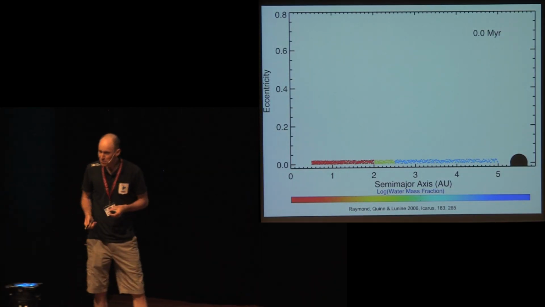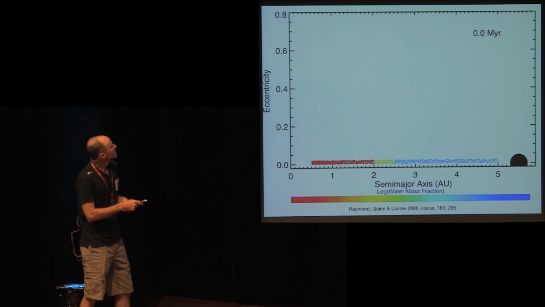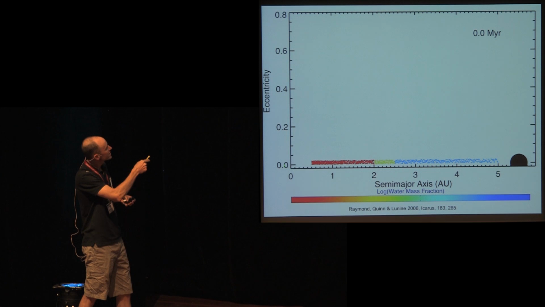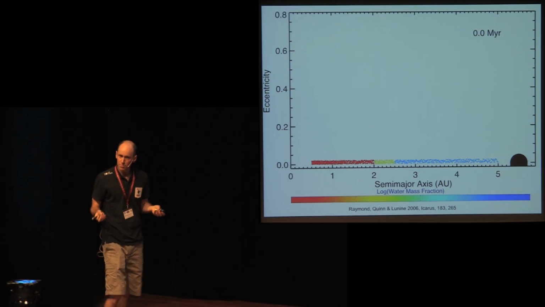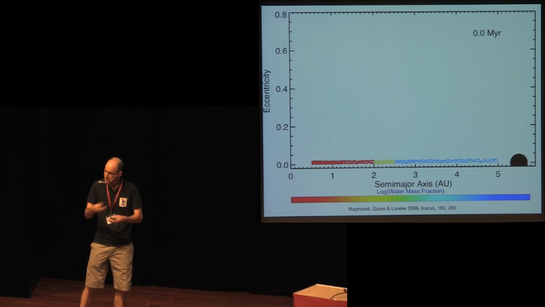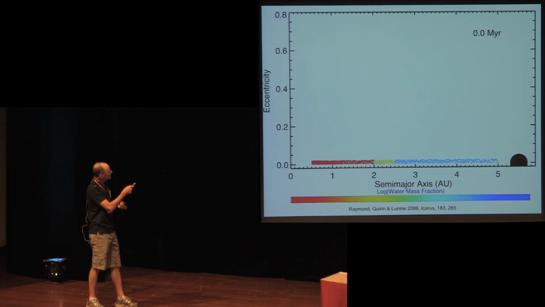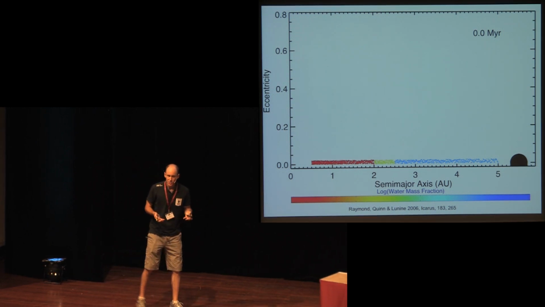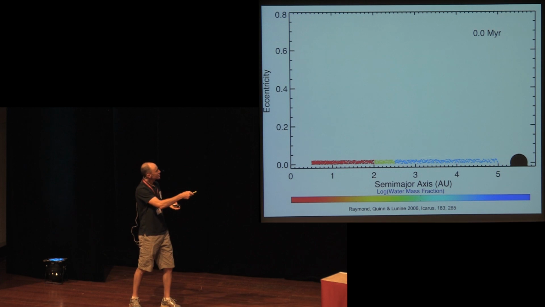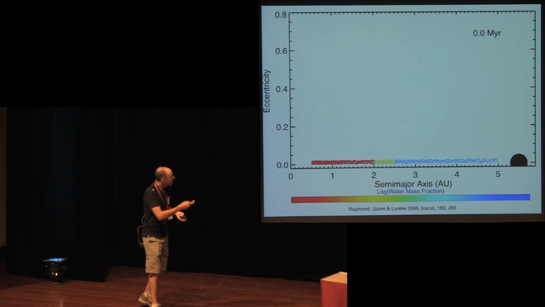You're going to see several movies like this, so let me walk you through this one. What this movie is showing is the eccentricity on the y-axis versus semi-major axis of a whole bunch of small bodies that are going to grow and coalesce and dynamically interact. The color of each body corresponds to its water content. I've painted the initial distribution of bodies here by some initial water content,